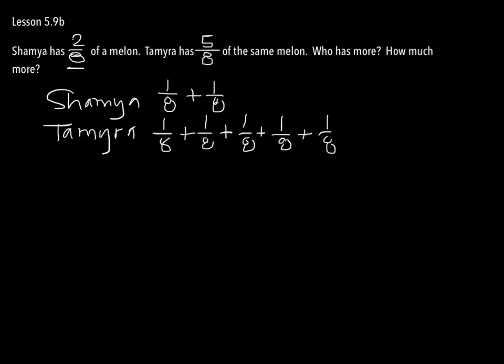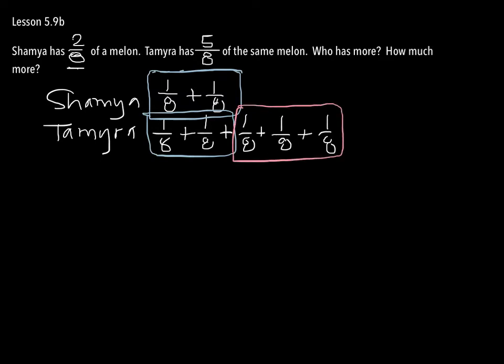Now, when we look at this visually, we can really see the difference when we're comparing these two people and the amount of melon that they have. Because if we look, let's just highlight, we have 2 eighths here, and then we have 2 eighths here, don't we? But then we have this extra that Tamira has, and she has how many more? So we can talk about 2 eighths, which they have in common, and then we have the 3 eighths that Tamira has that Shemaiah doesn't. So who has more? Well, Tamira has more melon. And how much more? Well, 3 eighths more. So that's kind of how we can compare